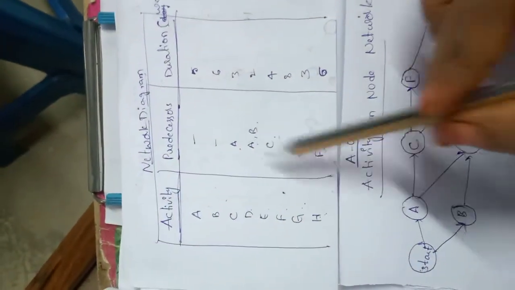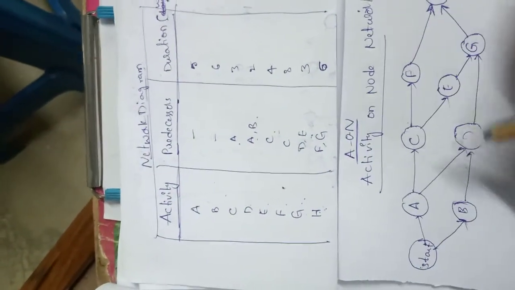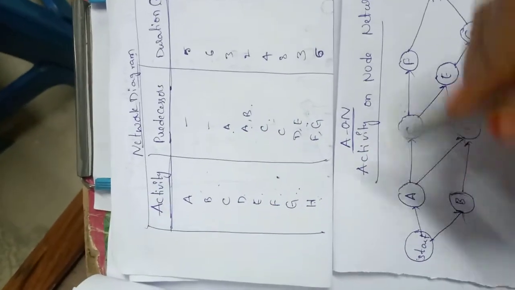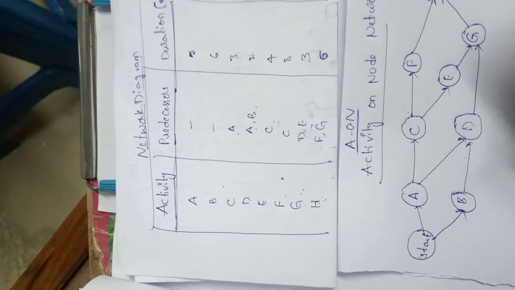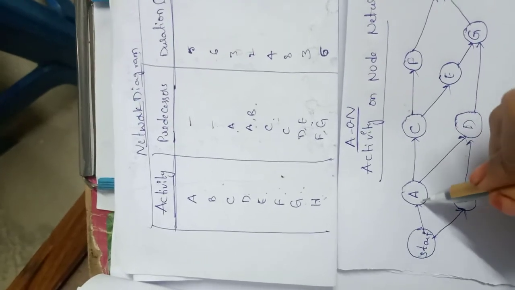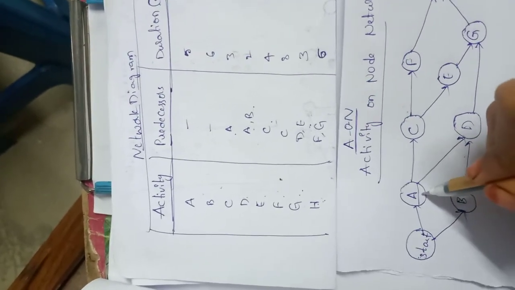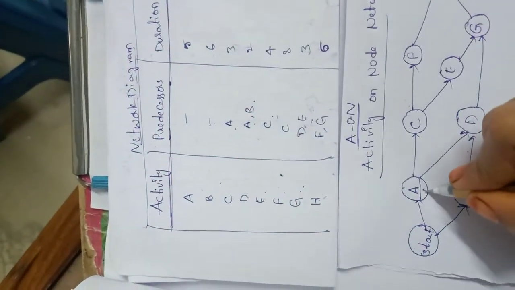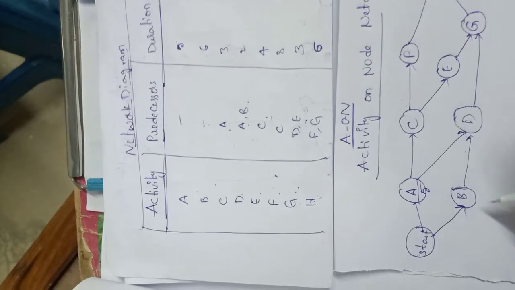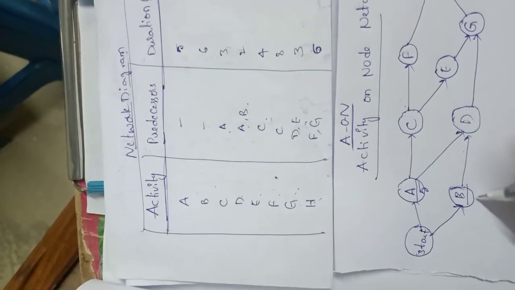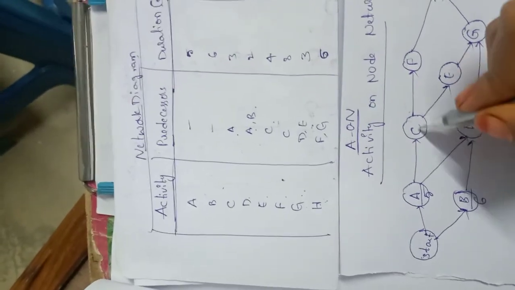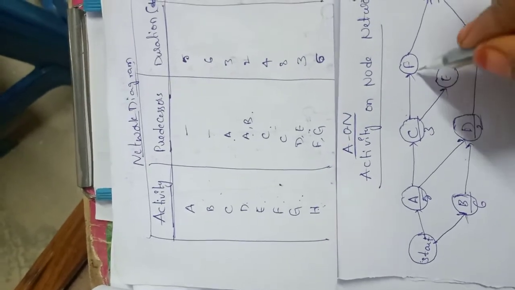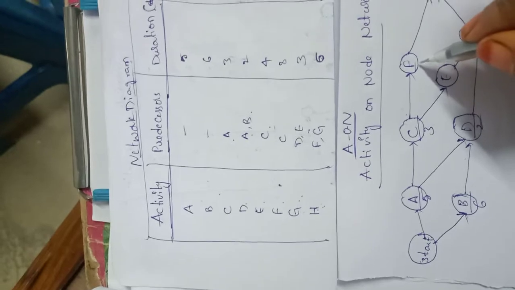We just need to represent our activities on the nodes. Now if you want to represent your durations over here, you can represent them on the arrows also. That will be fine. Or else you can represent them below these activities. Okay, activity A will be having the duration of 5. So I can represent like this. For activity B, I'll be having duration of 6, C 3. For D it is 2.